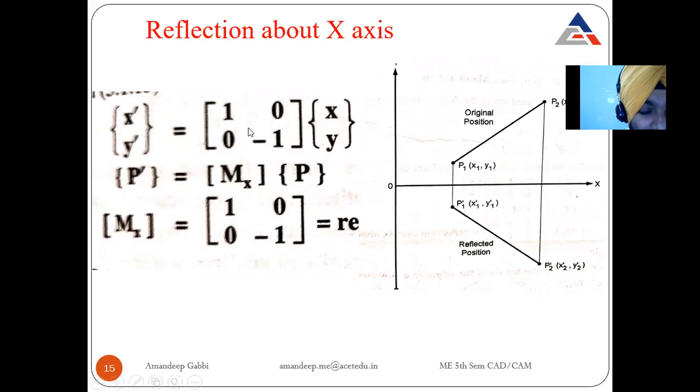So when you multiply this, 1 into x, and 0 into minus 1 into y, this 0 minus 1 into y will lead to minus y. The result will be x and minus y. So this is the transformation matrix to be used when it is reflected about the x-axis. Now this matrix is written as Mx and point P is written. The matrix 1 0 0 minus 1 is to be kept in your mind while solving a problem when it is given that a particular line or point is being reflected about the x-axis.